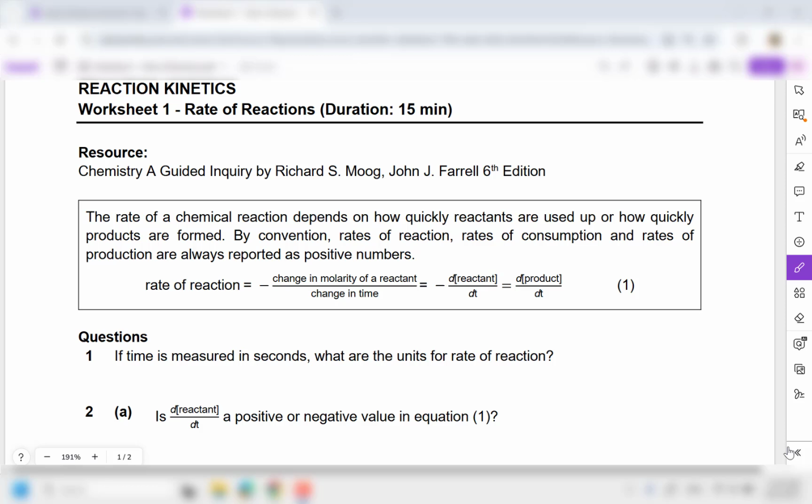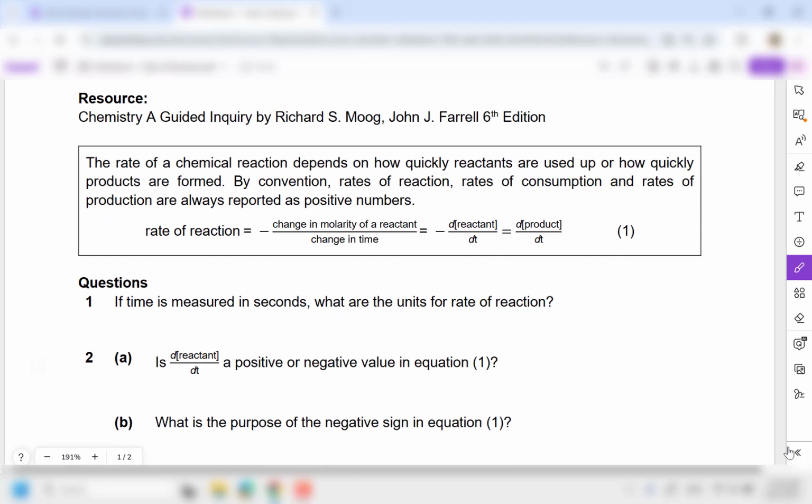Hello students, I'll be briefly going through worksheet 1 for reaction kinetics. Again, I know that I've gone through the guided inquiry in class, but some of you weren't around, so I thought recording this will help. And of course, those of you who are around, you can review some of the things that you weren't very